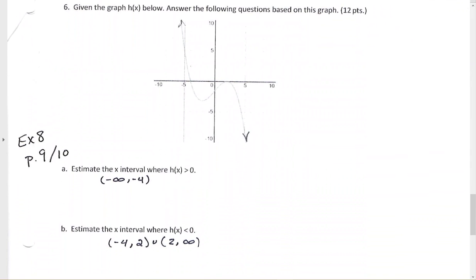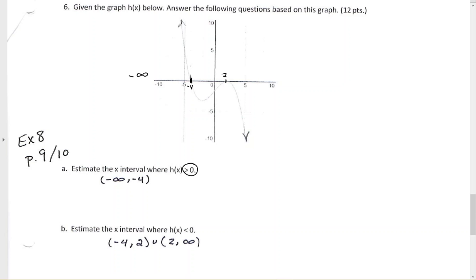For question number 6, this one, it's a little easier to see on your paper than it is my second copy, but this was -4. This, I believe, was the number 2. So estimate the interval where h of x is above the x-axis. That's what h of x greater than 0 means. So from negative infinity all the way over to -4, but not including -4. You can't have a bracket on this. A bracket means we can be on the x-axis or equal to 0, and we don't want to be equal. We want to be strictly above. So we can get really close to the -4, but don't put a bracket on it, because a bracket means